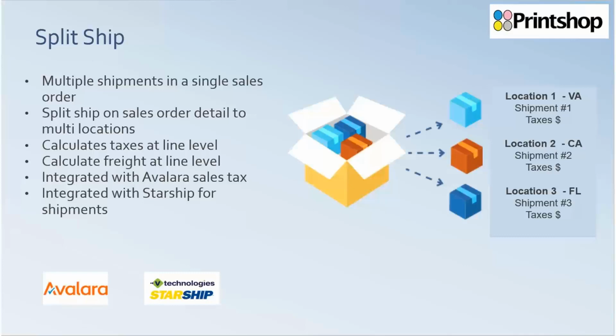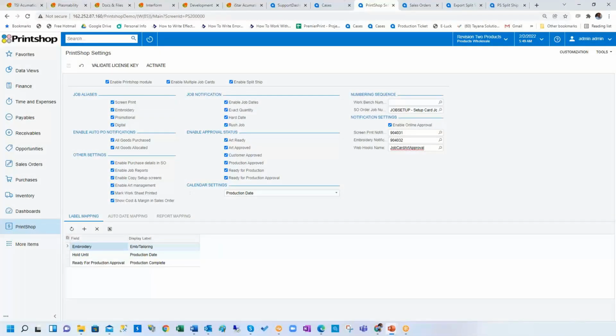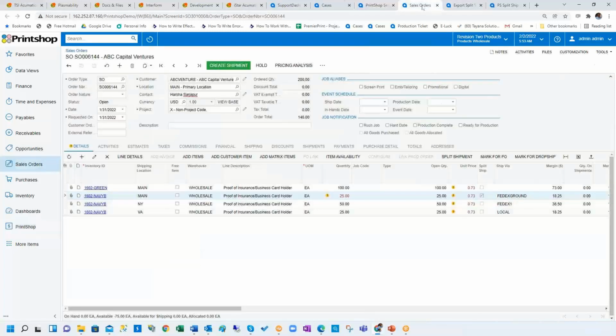the item location details. Now let me dive into Acumatica. Once you deploy Printshop 2.0 and activate the plugin, you will have these options and you'll find the enable split ship checkbox in the Printshop settings. Once you enable this, you will notice that a split ship button gets enabled in the sales order document,